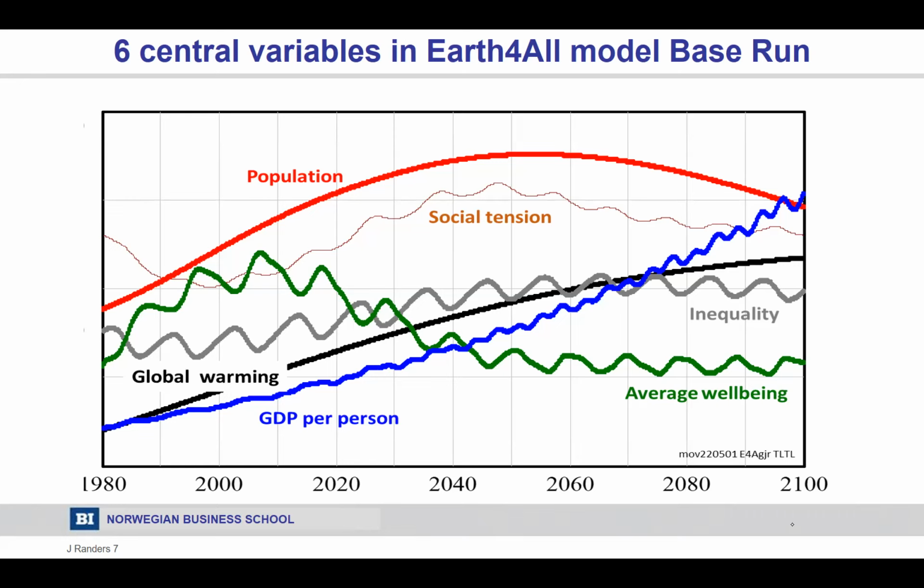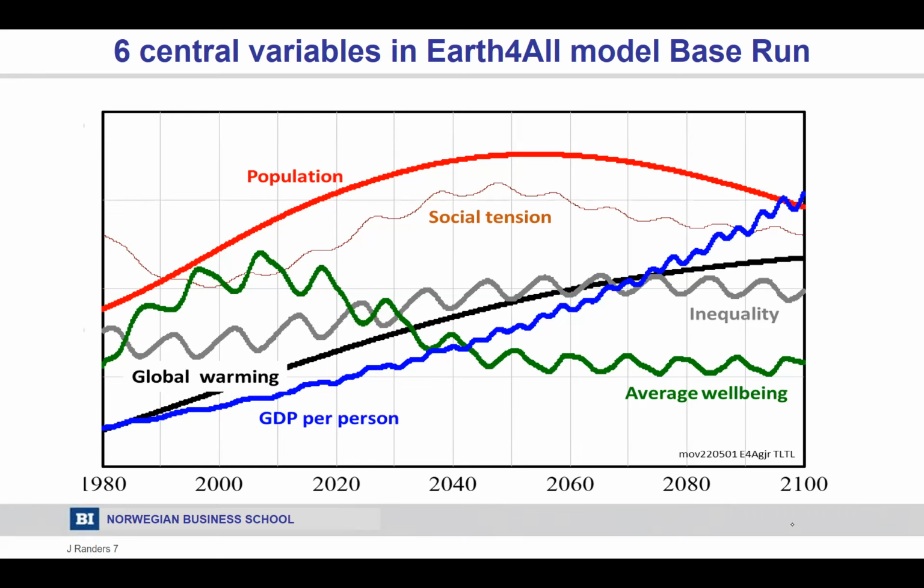It's now stagnating, and in the model, the base run, it's actually declining for the next 50 years before it levels off at a relatively low level. And again, with oscillation depending on distribution. So you might ask, is this possible? Is it possible to make a model that can say something meaningful about human well-being on a 50-year horizon? Well, at least we have built the model and it generates reasonable results. So that's the first step.